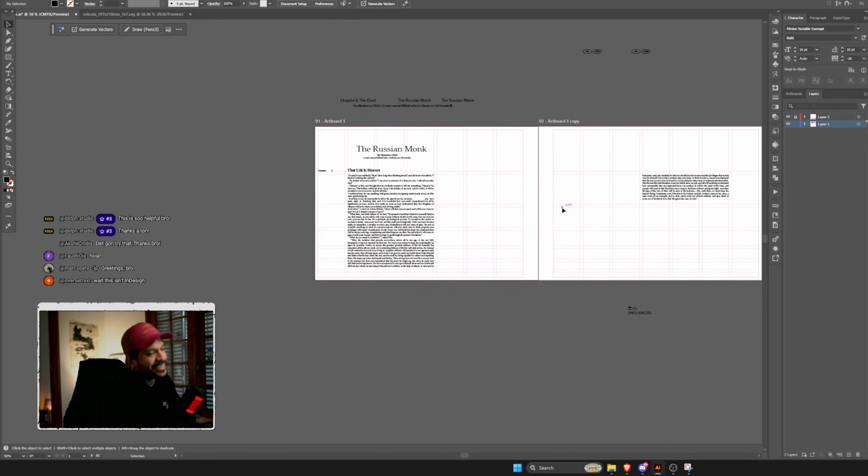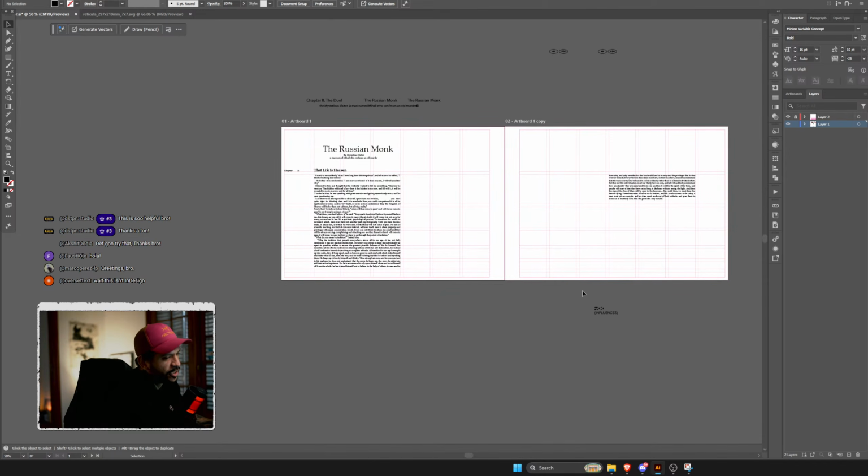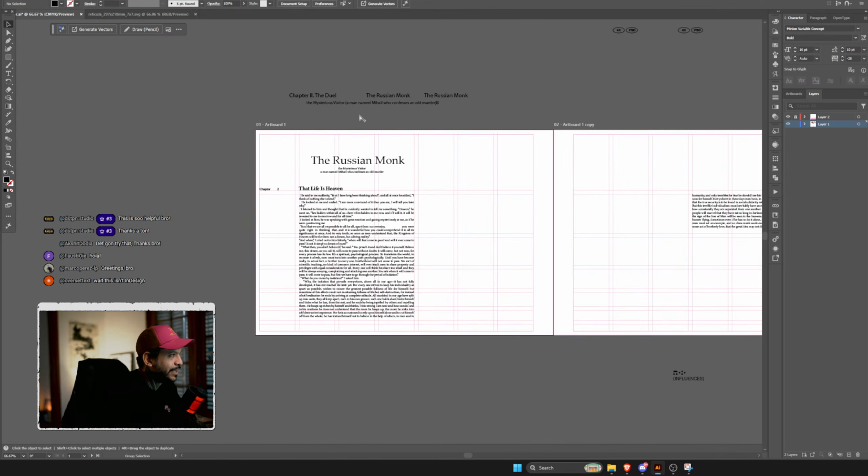No, since these are a couple of spreads, I'm not doing it in InDesign. Guys, you should do it in InDesign if you're going for longer projects. But here, because I'm just trying to show a little bit of thinking about the hierarchies, not about actually making a big project, we're trying to tackle the systematic way of approaching it, like the hierarchy levels, not so much the actual workflow for it.